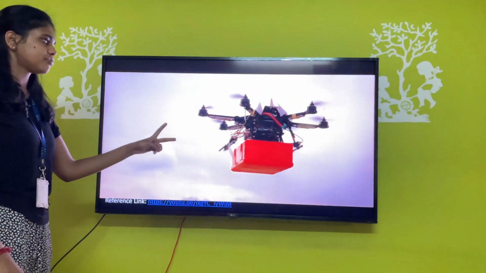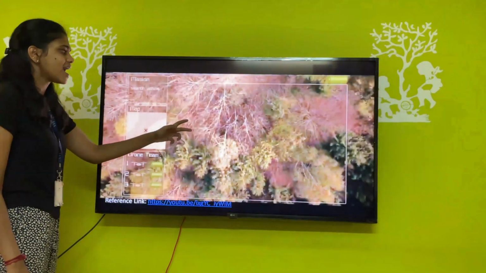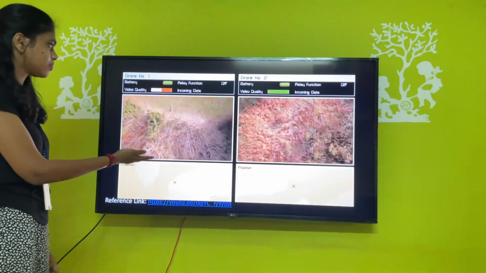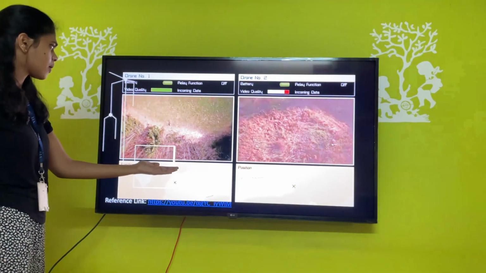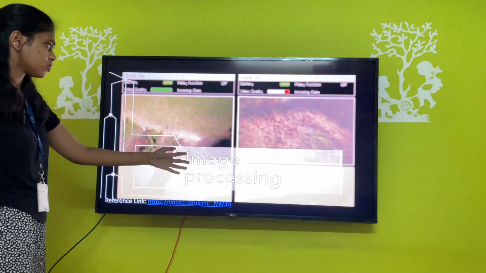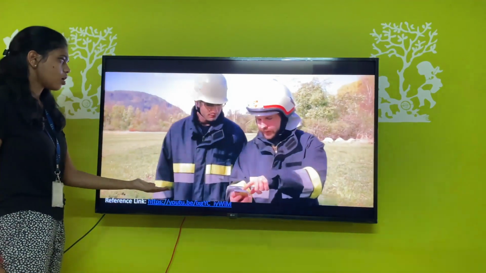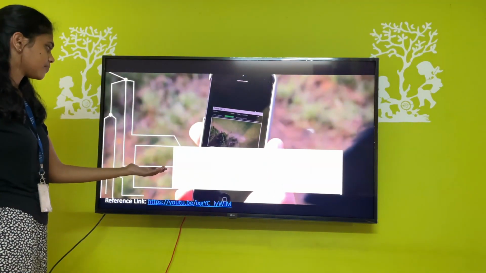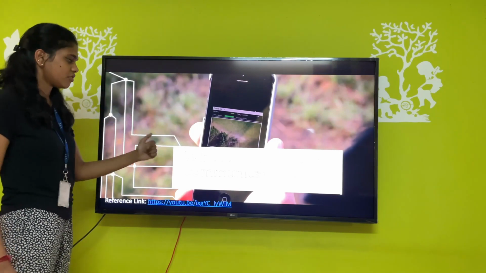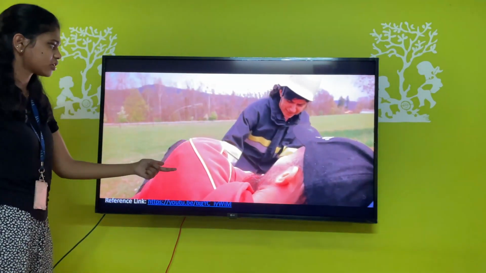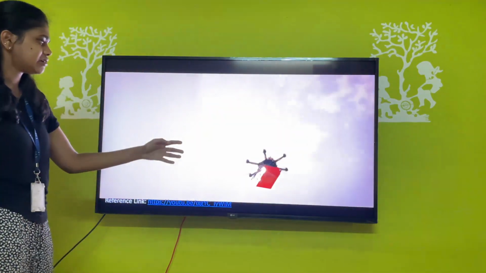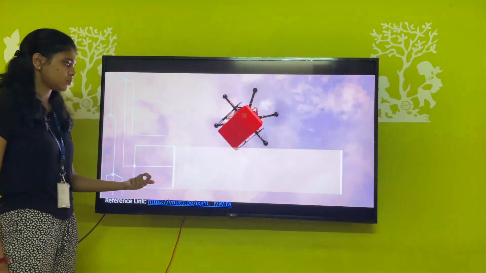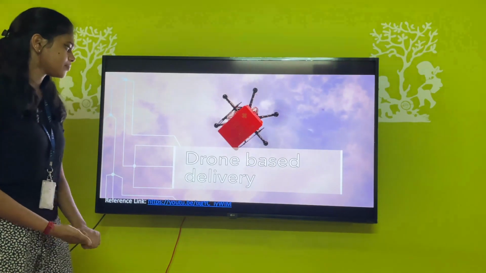You can see two types of situations in which the drones are helping over here. First, they will go and help the people in need, which you'll be seeing in the next clip. The image is being processed to see who the person is. Here they are going and trying to rescue the person who has been affected. They are getting the video, which is image processed, through a wireless device, and they are rescuing him. And then in the next clip, you will be seeing a drone delivering a first aid kit to the affected person. So yeah.